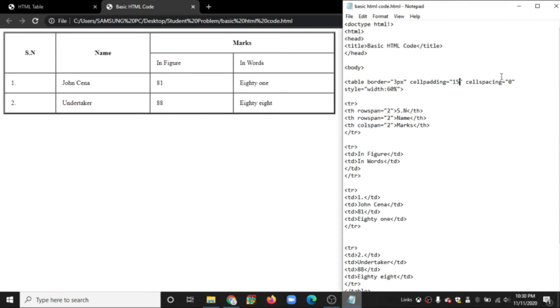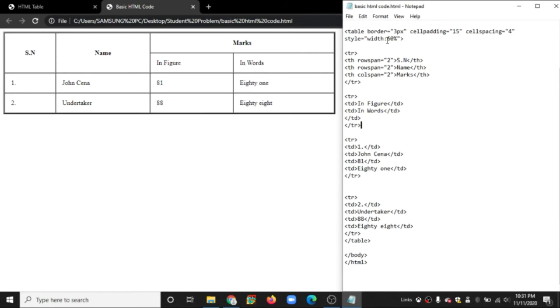And now cell spacing, this is the space between two boxes. If I use 4, control save, I think this hasn't worked. I will control copy the basic code in case of any problem.